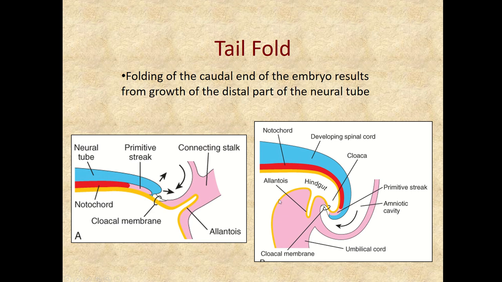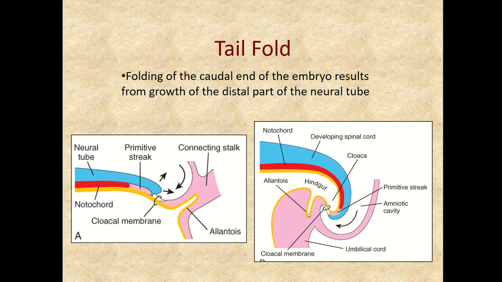And so because of this happening, this is called the tail fold. We have the hindgut, the ending aspect of the gut, and we know this was supposed to be the anus. So this gets incorporated or develops into the anus. It gets incorporated into the embryo,